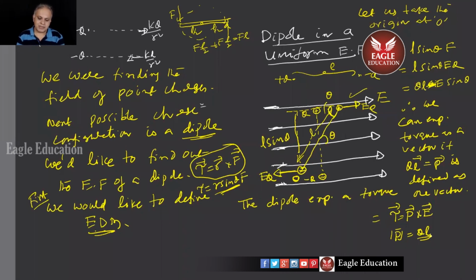But here, you're not asking a question. That's where I'm worried. There is a uniform electric field. Here it is shown by the white arrows. In that, we suspended a dipole. The dipole will turn because of the torque produced. So that was my statement. Do you have anything to ask?